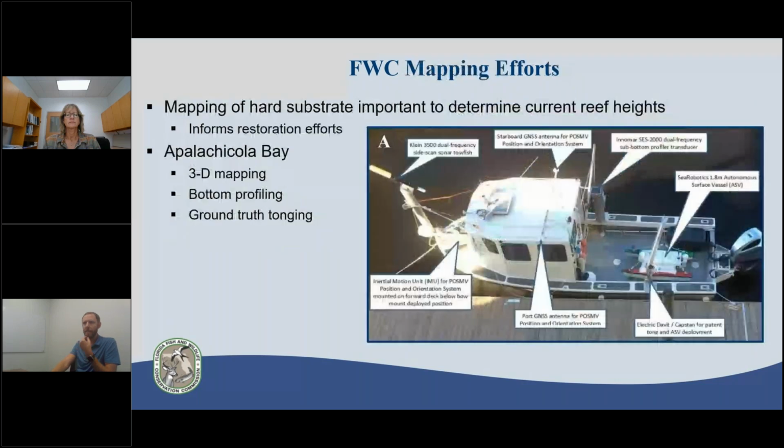We also did a lot of mapping. It's important to understand the amount and locations of hard substrate. That really helps to inform our restoration efforts. So we had a contract with the University of New Hampshire. They perform a lot of oyster habitat mapping really throughout the nation. So for Apalachicola, they brought their very sophisticated and high-tech vessel down here all the way into Florida from New Hampshire,